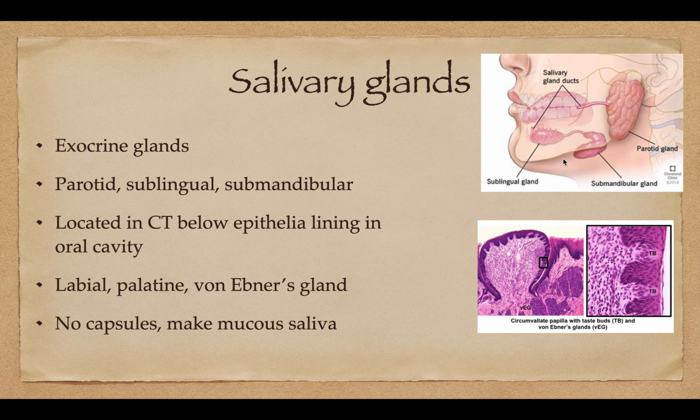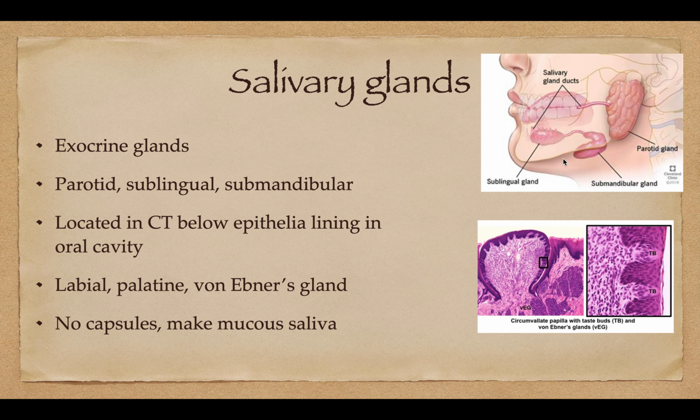Okay, so the ducts. There are a couple different kinds, the intercalated and the striated ducts. And they don't have a lot of connective tissue, as you can see. They're all pretty crammed in there. The intercalated ducts are going to drain the individual secretory units. These are going to be lined with the cuboidal epithelium, and those add